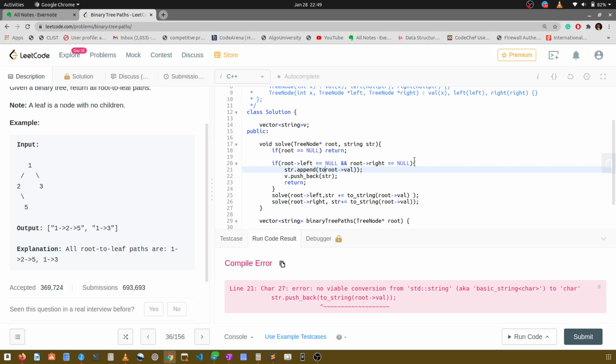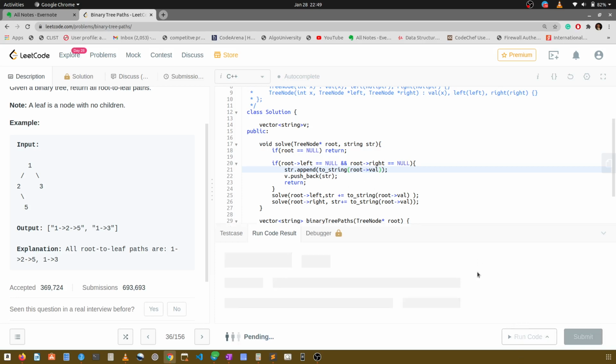Okay, I think I have not converted this into a string or character value. Let's try this. All right, str append with this bracket and then finally this bracket. Let's run it. I hope this works.